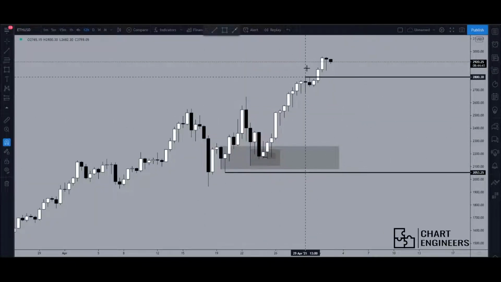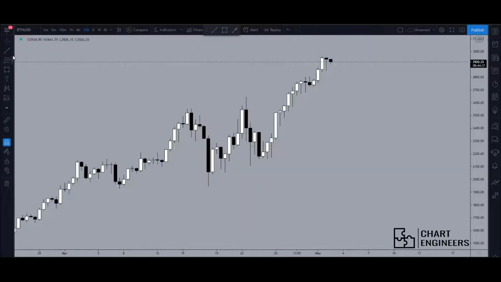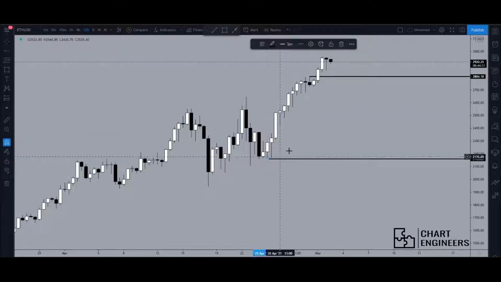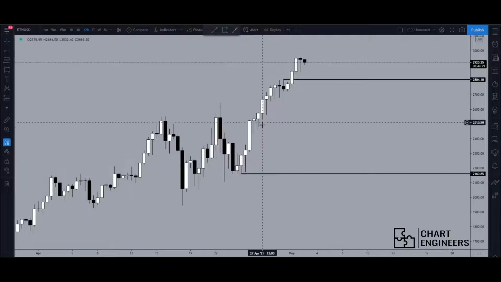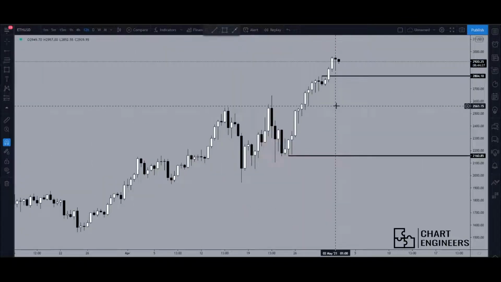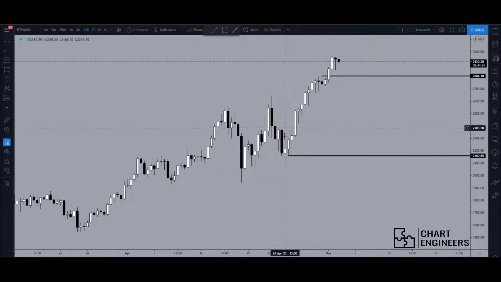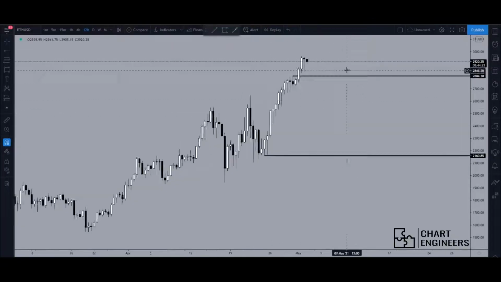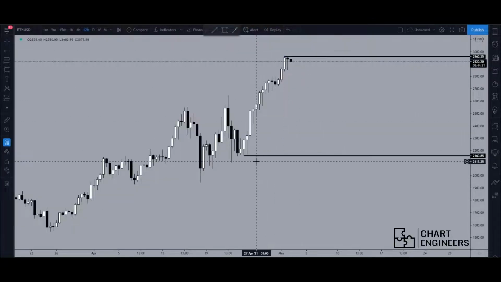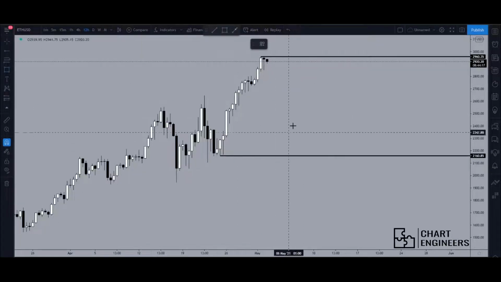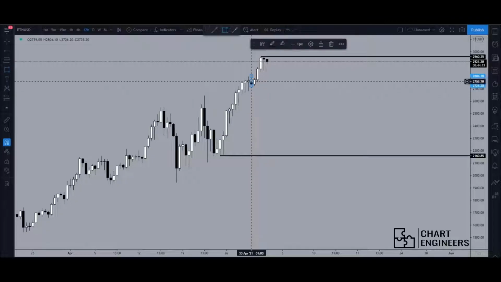So now we get our new market structure high, and then new market structure low, which would be the low that made that high. So it's just going to be this one here. And other than this, there hasn't really been much else on Ethereum to look at. So that is that. Another market structure break, and now our low is still the same. Where would I look for longs? I'd personally be looking for longs in either this order block here,